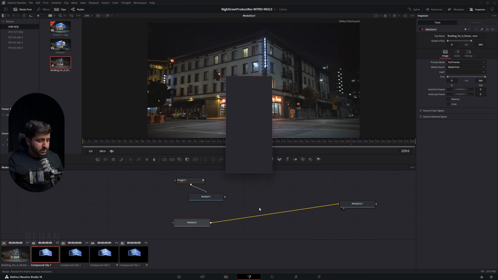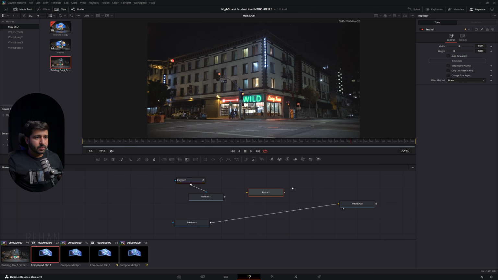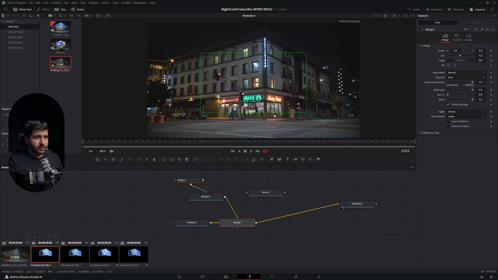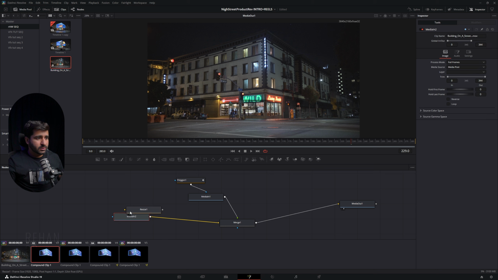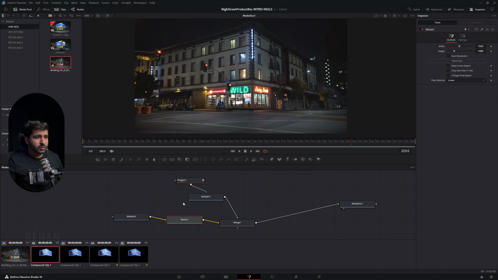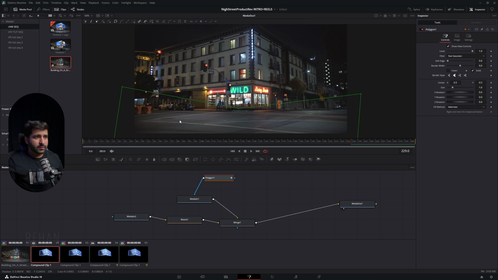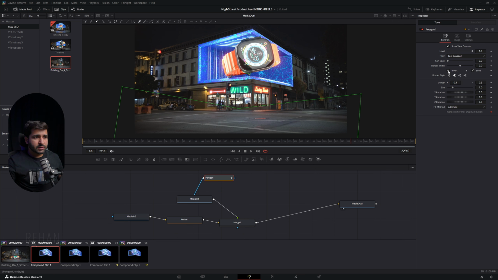And now let's just create a new node, resize it, because let me show you. Before this, it's not matching with my timeline. So if we merge, this will not come in accurate places. Let me show you the first here, and you can see it's not matching with my timeline resolution. So I will have to reset it. So I will put it here like this, and if I show you, you can see now my shadow is working. And if I show you my polygon, you can see now it's working.